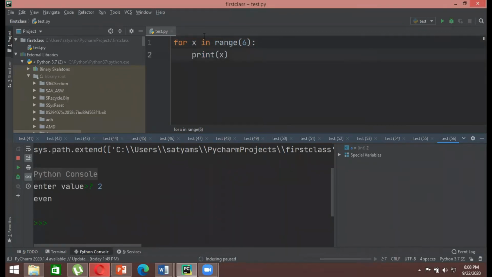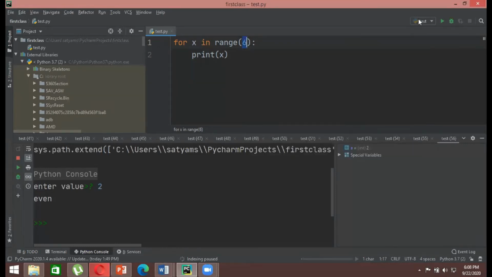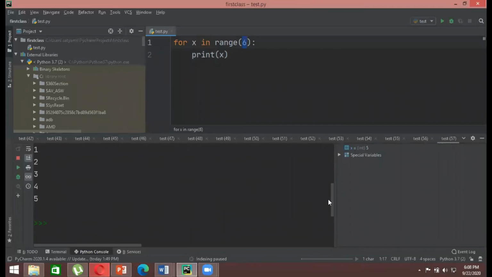Now, what this particular code does is that it starts with the integer number, and the condition that you have given Python is to go through numbers in the range of 6. That is, it will start from 0, or sometimes it can start from 1. You can specify the range in which it has to function. So when you run it, the output that you will get is 1, 2, 3, 4, 5, right?